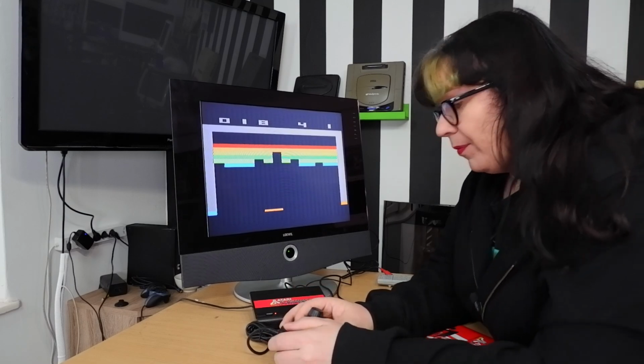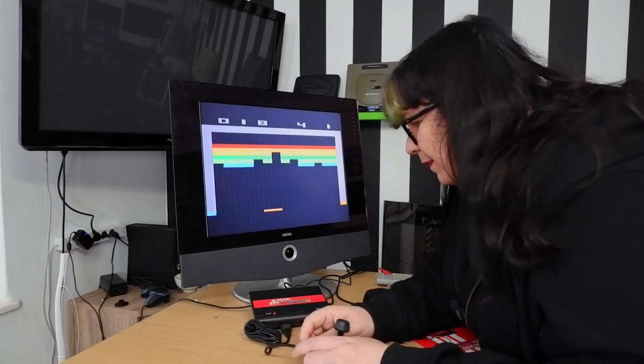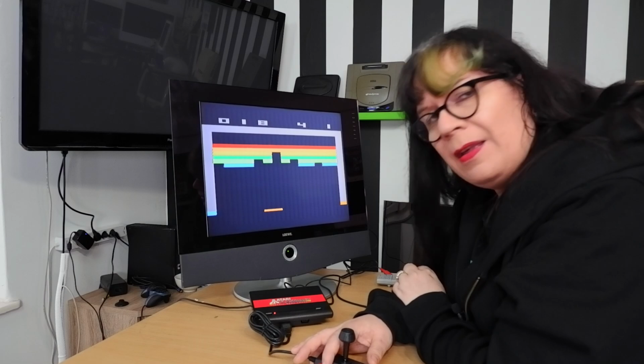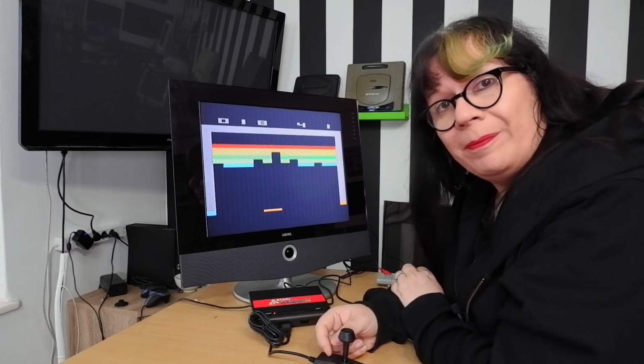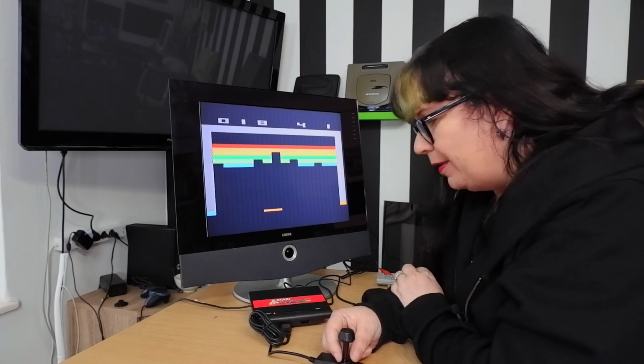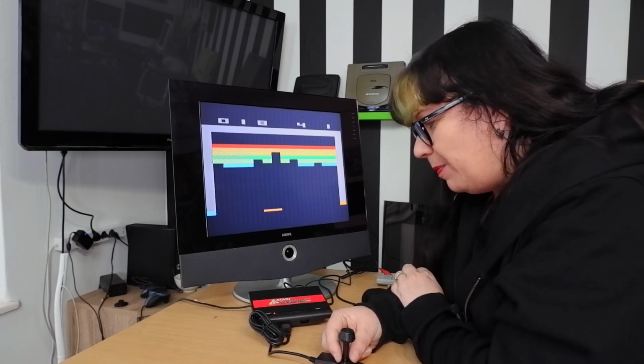I think that's enough of that. But the Atari Flashback console, the first of many, I think they made like 9 or 10 of these things, and I have one in my collection now. I don't think I'm going to be using it a lot, but it's nice to have. I do have a thing for minis, but